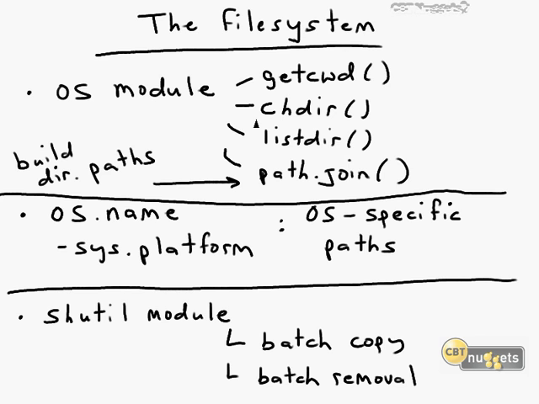The file system. There are 3 Python modules that come baked into any current version of the interpreter that you need to be familiar with if you have any interest in going outside of the interpreter and hitting the file system on a local and perhaps remote machine. The first of those Python built-in modules is the OS module. I think we looked at this just a little bit earlier in the course when I showed you how to access Python documentation.